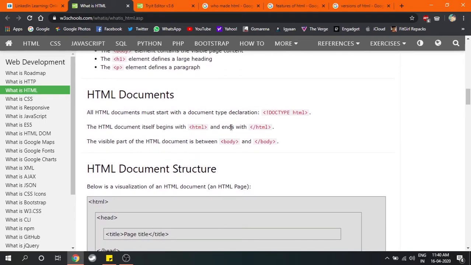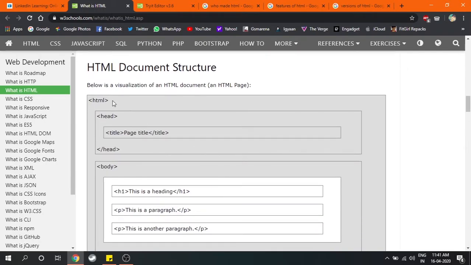And whatever is written in an HTML file can be defined as an HTML file by typing this on the top of the file, that is exclamation doctype HTML. It shows us that this document we created has the type of HTML. Then the HTML file starts with this and ends with slash HTML, and the visible part of the HTML document is between the body tag.